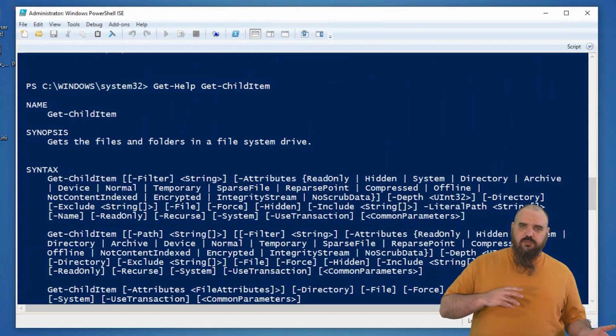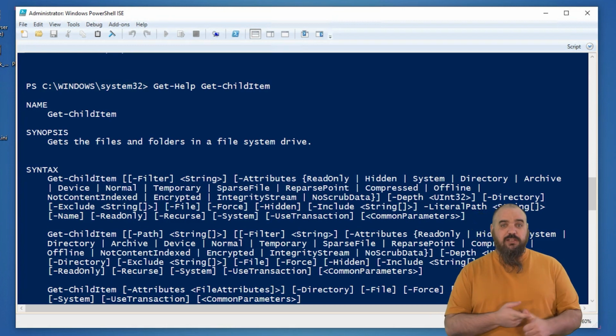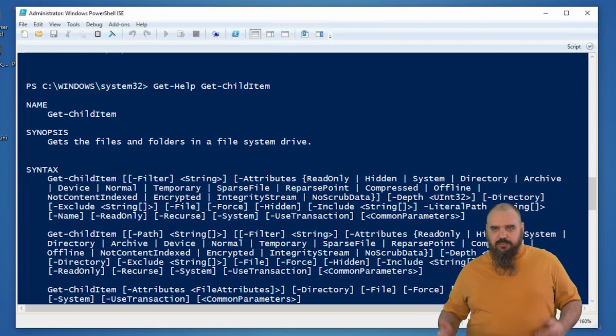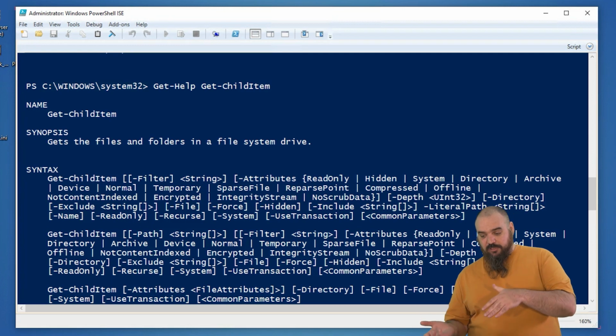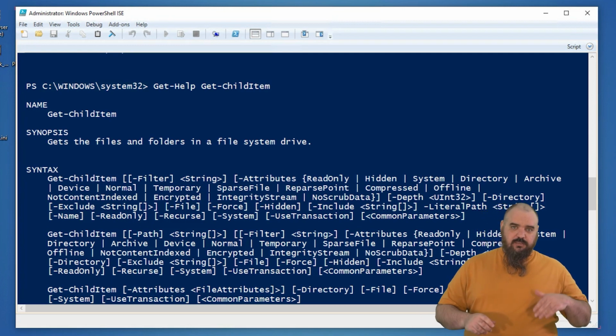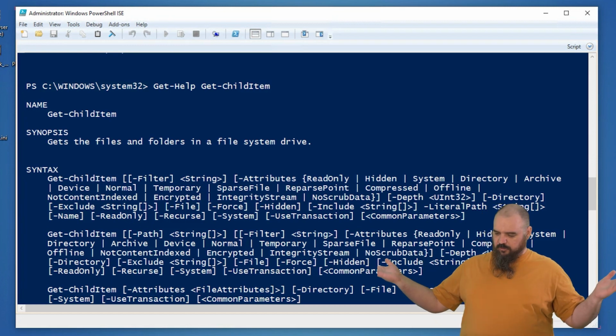So if you're stringing attributes together, it's important to know that if you put an exclamation point before, say, hidden, it means it's not hidden. If you have a plus sign, it means and, and a comma means or. So if you have exclamation point hidden plus directory, and then a comma, and then, I don't know, we'll just